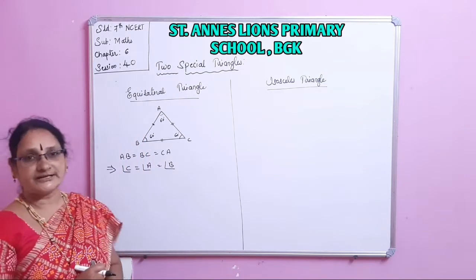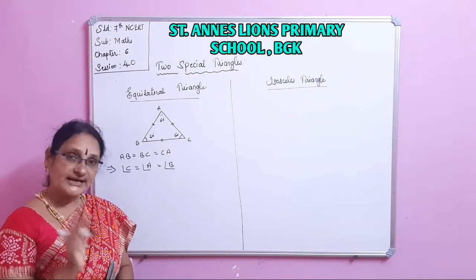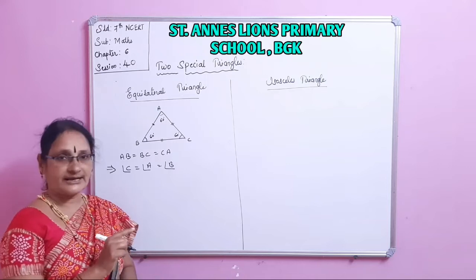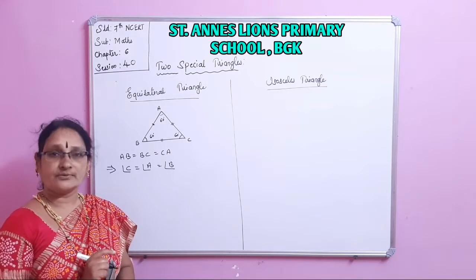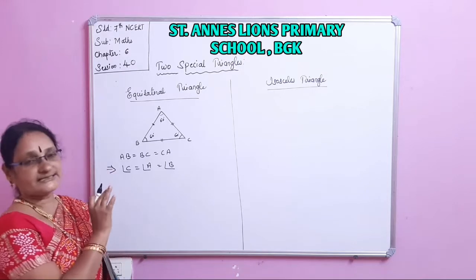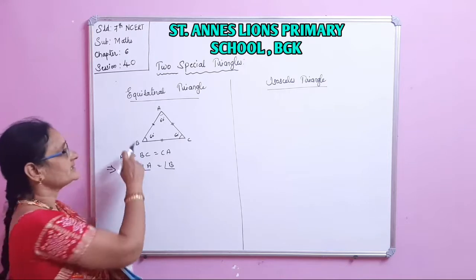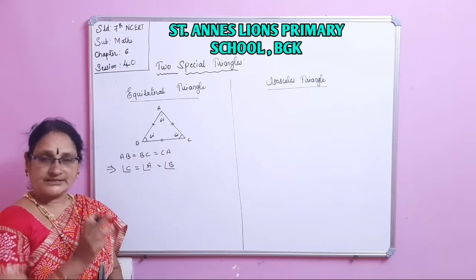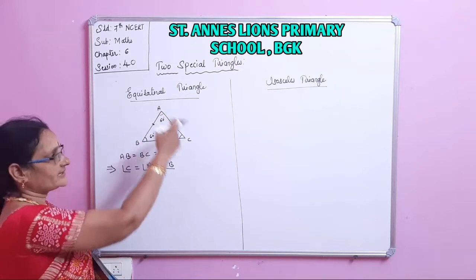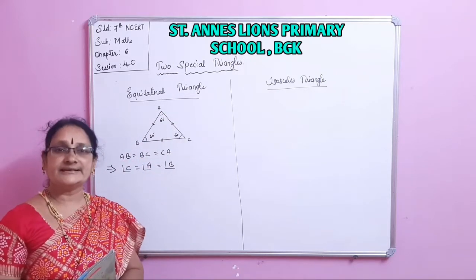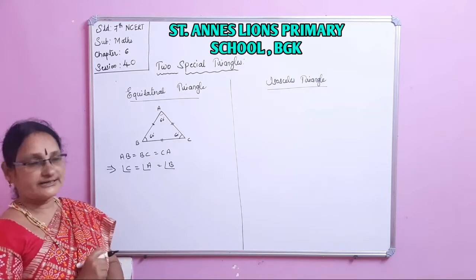Okay, this is the equilateral triangle. This is one speciality. What is special here? The property. What is that property? In an equilateral triangle, three sides are equal and their opposite angles are also equal, and that triangle is also called an equiangular triangle. Equiangular means all three are 60, 60, 60. In the previous class you already learned 60 plus 60 plus 60 is 180. The angle sum property is 180 degrees. So this is one speciality regarding the equilateral triangle.